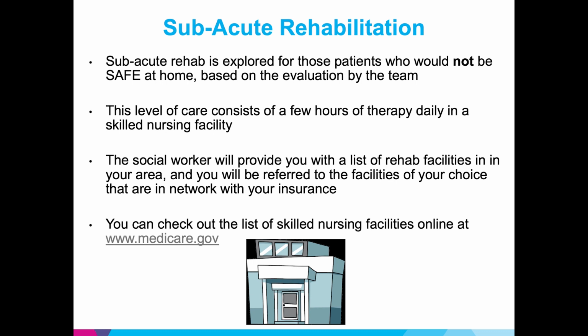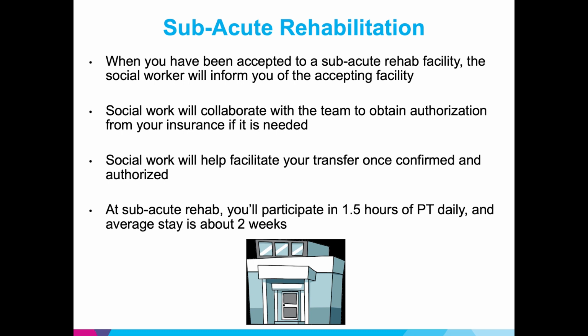The social worker will provide you with a list of rehab facilities in your area, and you will be referred to the facilities of your choice that are in network with your insurance. You can check out the list of skilled nursing facilities online at www.medicare.gov. When you have been accepted to a subacute rehab facility, the social worker will inform you